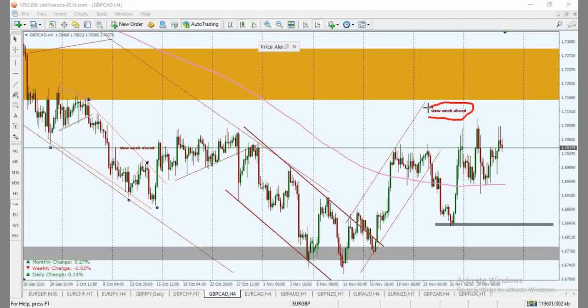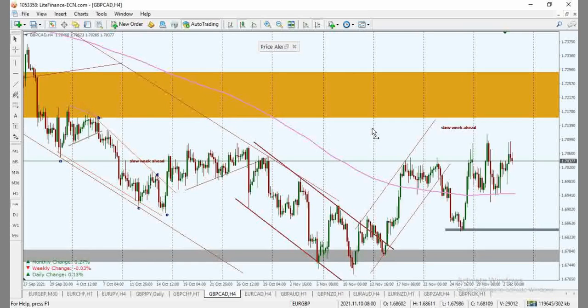If you go to my pre-market analysis, you can also identify that I pointed out that I want to see a slow week, and during that market presentation, I pointed out that I don't want to be taking any decision inside of this territory. I don't want to be trading price. As long as price is here, I don't want to trade price here. So what I'm going to be sharing with you guys is a setup that I'm also going to be looking at in the future.